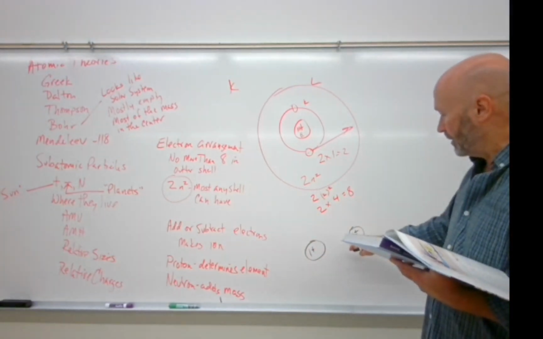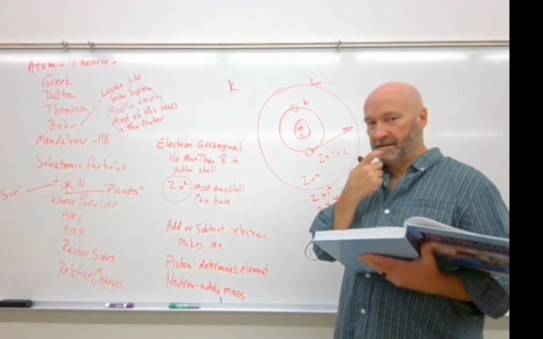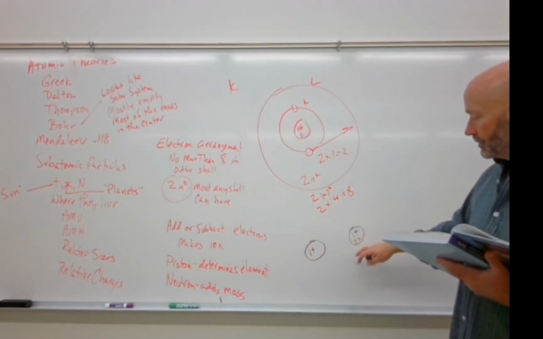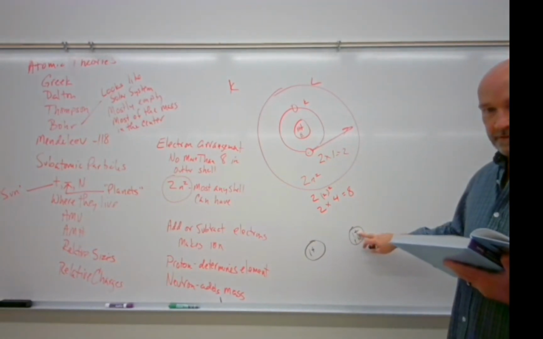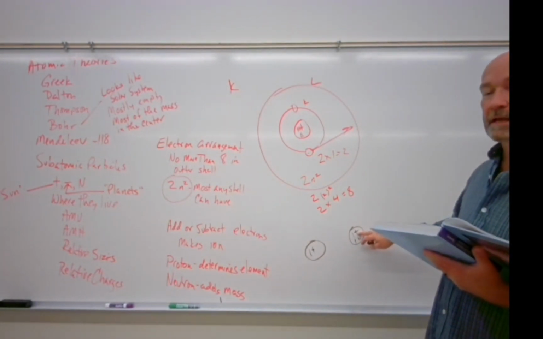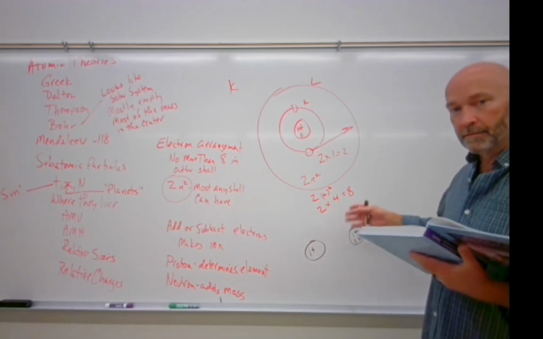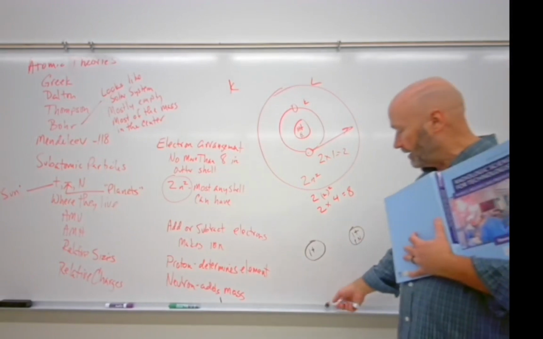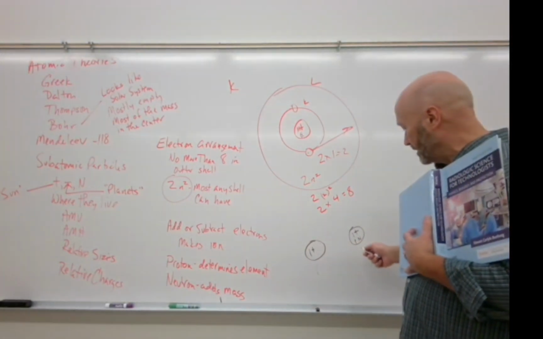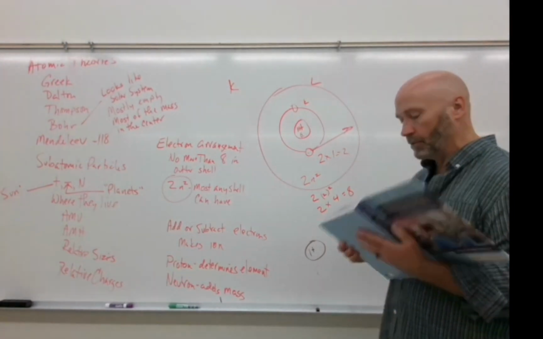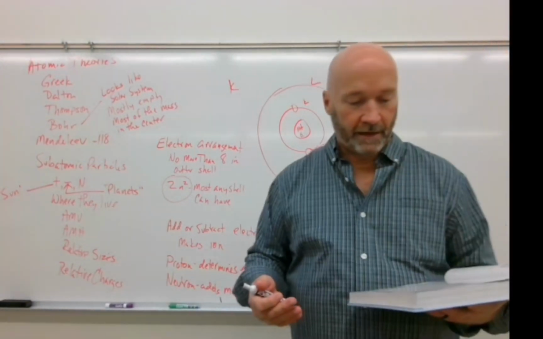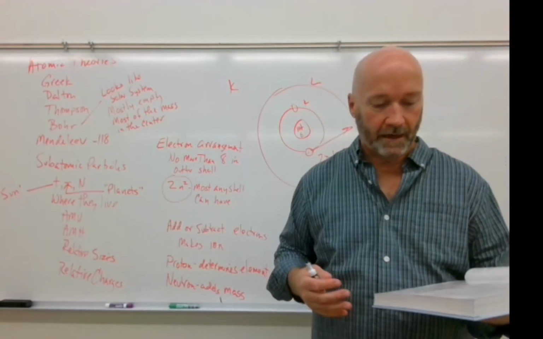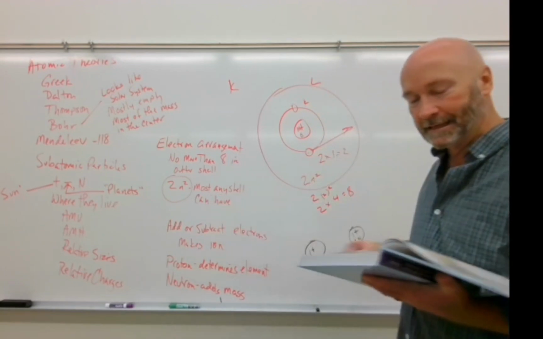But over here, I've got 1 positive charge. What does positive charge determine? Again, that would be what the atom is. So is this hydrogen? The answer is yes, because it has 1 proton, and the number of protons determines the atom. So it's still hydrogen, right? But our atomic mass here is 1, and our atomic mass here is 2. So let's look back at our definition of isotope. And this is all theoretic. What I'm drawing is theoretic; what I'm talking about is not. I'm just using these as examples.